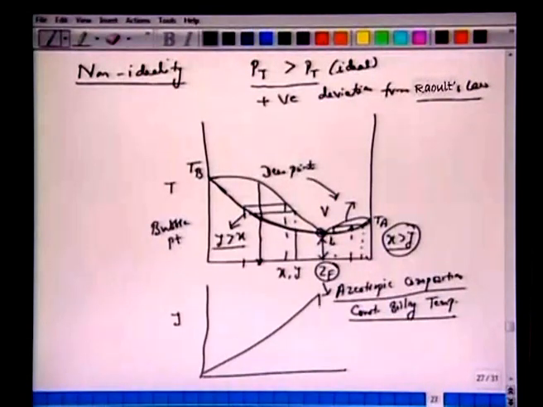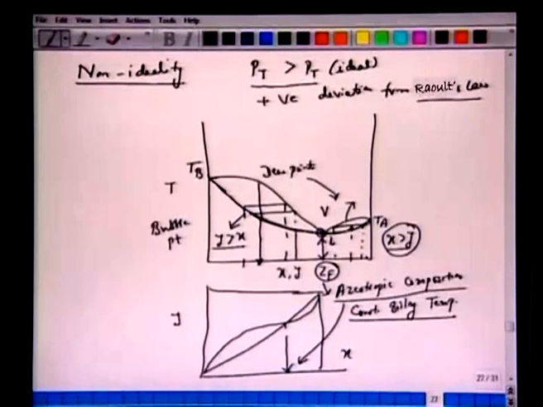Corresponding to this Txy diagram, if we plot the yx diagram, and if we have this 45-degree line here, and you take the projections from the top to the bottom, you should be able to convince yourself that you will get a curve like this, where now this is the azeotropic composition. And notice here y is greater than x, it's above the 45-degree line. So in this range y is greater than x, and in this range here, the curve is below this 45-degree line, x is greater than y.